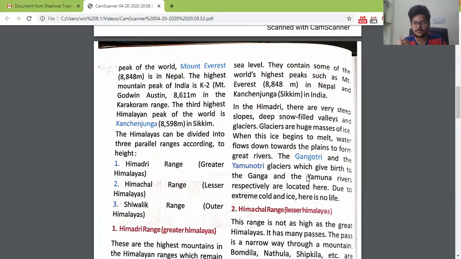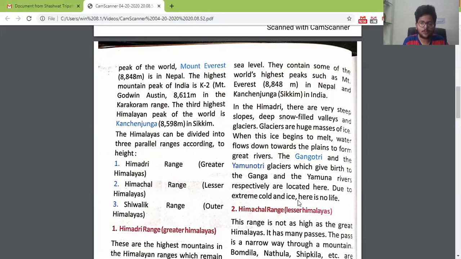Gangotri glacier gives birth to Ganga, and Yamunotri glacier gives birth to Yamuna river. So the Ganga and Yamuna rivers respectively are located here.